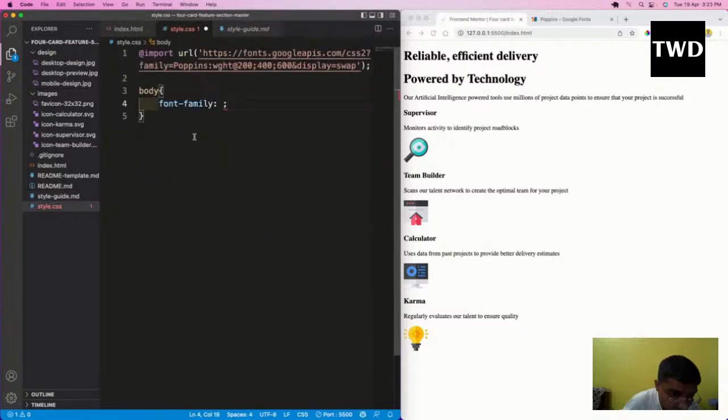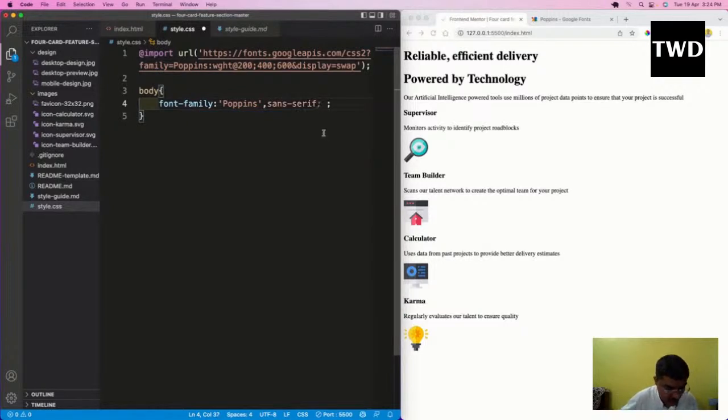Control C and so Poppins font, a comma followed by a